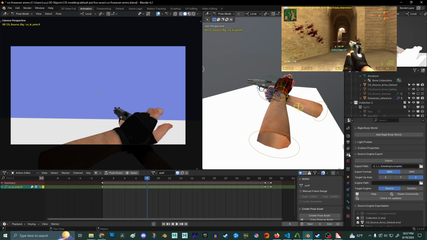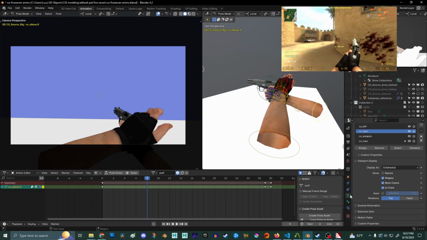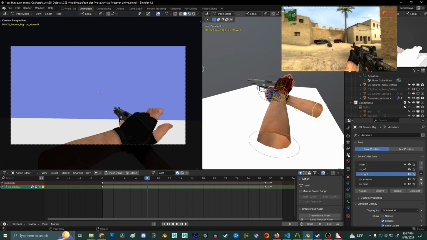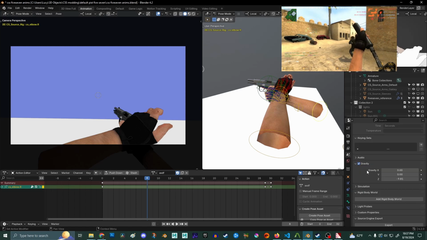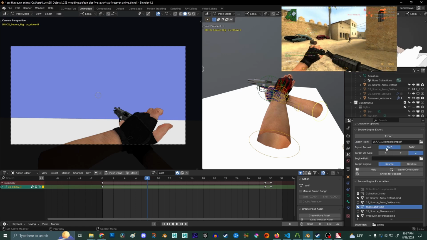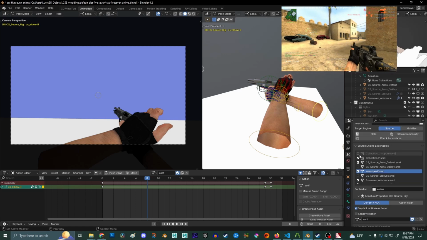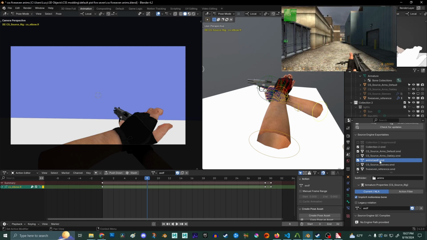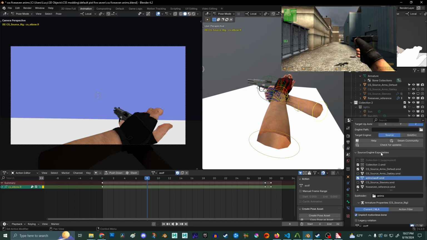Okay, so this is what we're going to do. You're going to go to your rig, and we are going to make sure that this is in pose position. Then we're going to go to scene. We're going to scroll all the way down. And then you're going to go to this cool tab here under Source Engine Exportables, and you're going to find